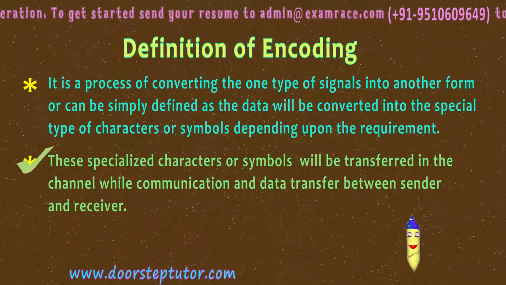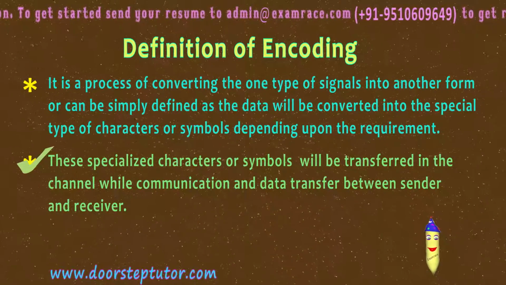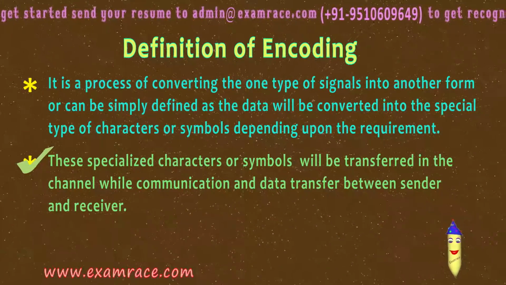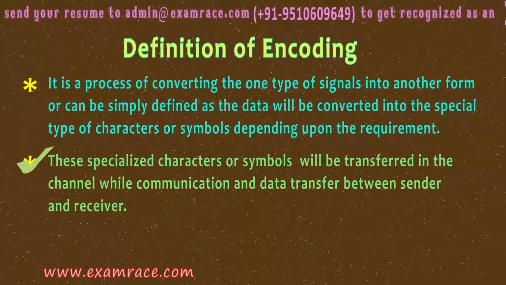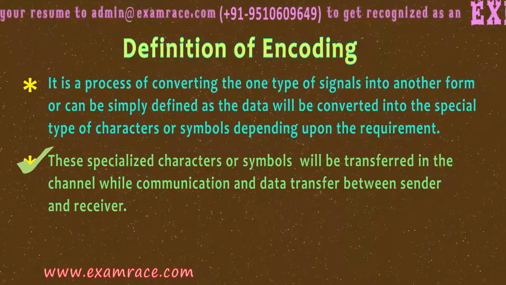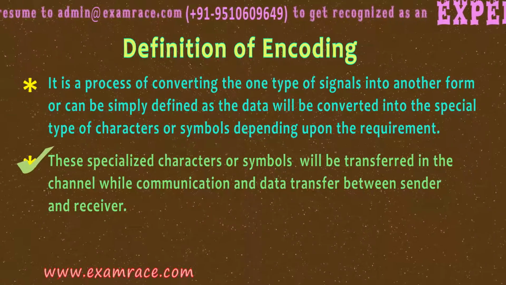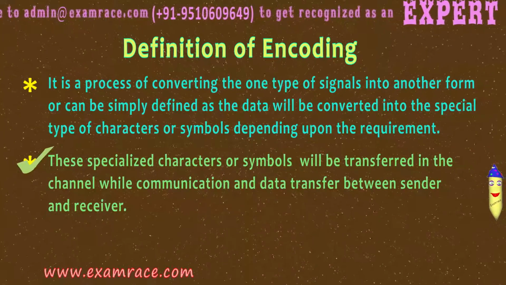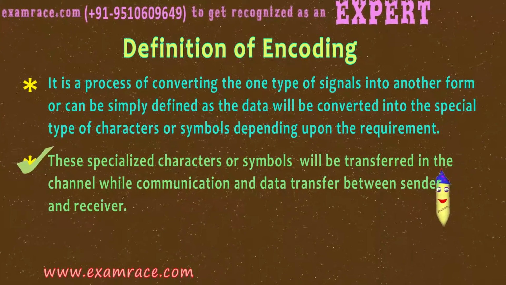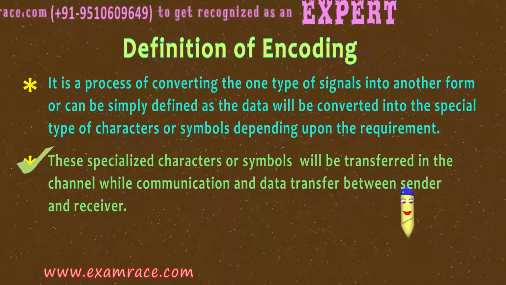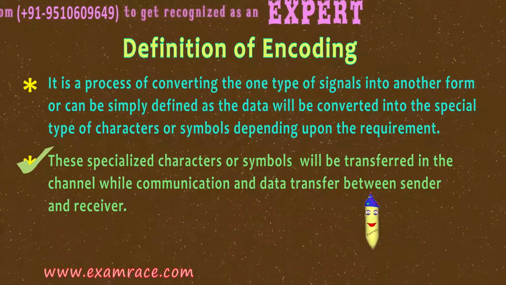These specialized characters or symbols will be transferred in the channel or in the path while communication and data transfer between sender and receiver. It means that when the data is being sent from sender to the receiver, the data is being encoded. It means that data is being converted to some coded format